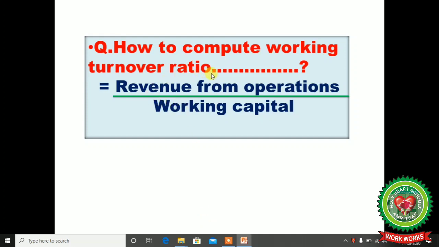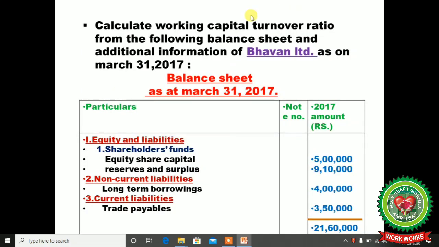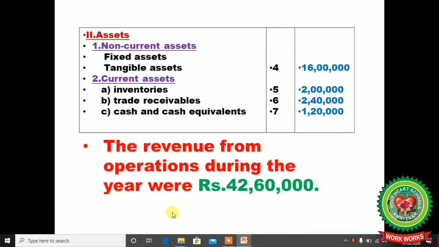How to compute the working capital turnover ratio? Here the formula is revenue from operations divided by working capital. You know how to compute working capital: current assets minus current liabilities. Practical problem number two: calculate the working capital turnover ratio. Here is one company's balance sheet to find the working capital turnover. Equity, non-current liabilities and current liabilities are given, as well as non-current assets and current assets. Revenue from operations during the year was